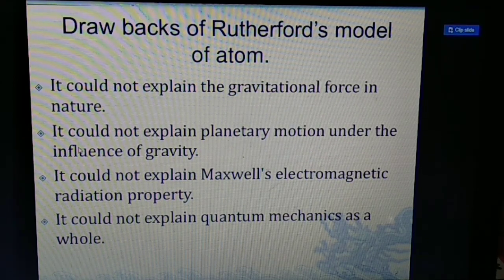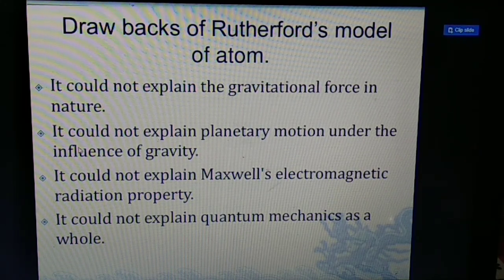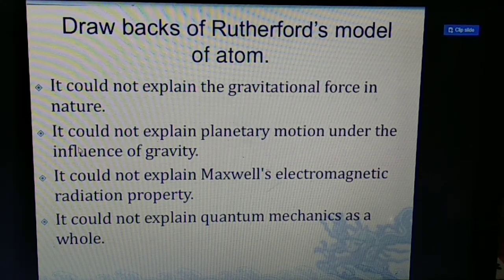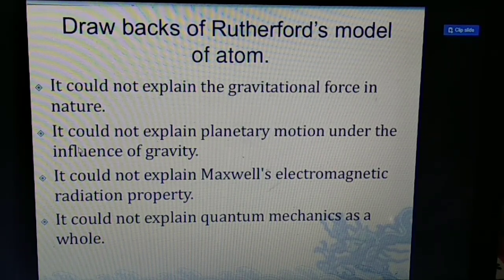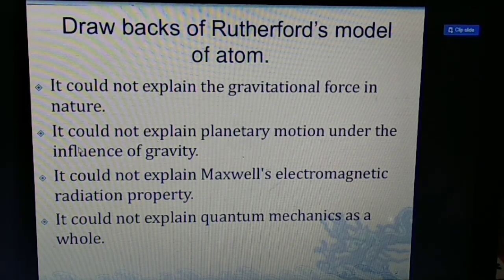Drawbacks of Rutherford's model, students. Rutherford's model could not explain the gravitational force in nature. It could not explain planetary motion under the influence of gravity. It could not explain Maxwell's electromagnetic radiation property. It could not explain quantum mechanics as a whole. So these were the drawbacks of Rutherford's model. That's why Bohr's model